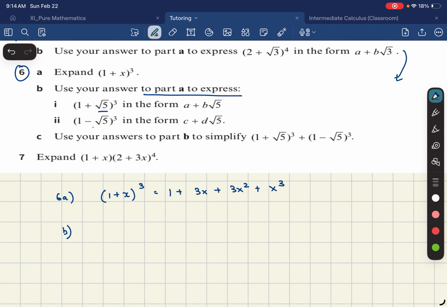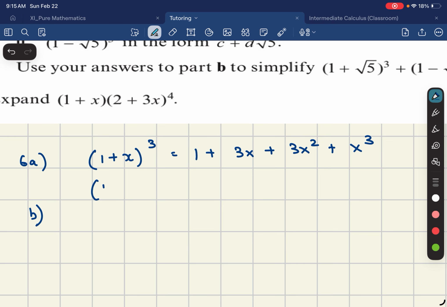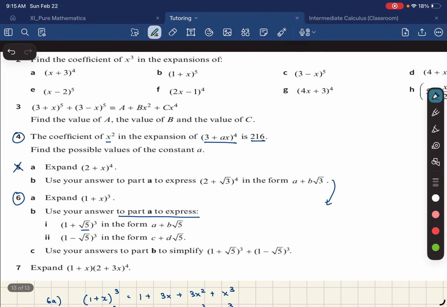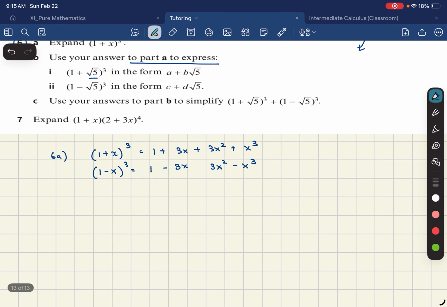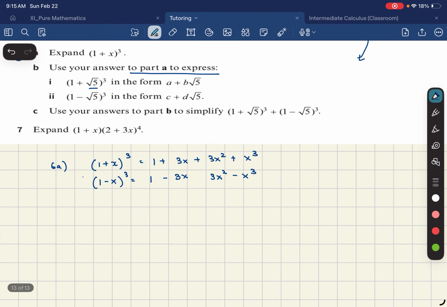Now, remember, from this formula, I can see that if I have a minus x instead of plus x, it's going to be the same thing. All the even powers of x are going to stay the same, so 0 and 2 are going to stay the same. And the odd powers are going to get a negative sign in front of them, for the same reason that we discussed in part A for question 3. So again, you can think of this on your own. You can try to expand on your own and try to rationalize why this happens. But again, now that we have this,